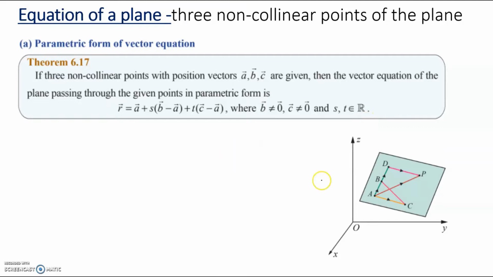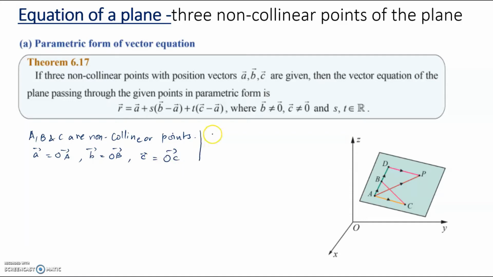Let's consider three non-collinear points a, b, and c. So, a, b, and c are non-collinear points, and let a vector be equal to the position vector OA, b vector equal to the position vector OB, and c vector the position vector of OC. Further, let P be a point on the plane and R vector be the position vector